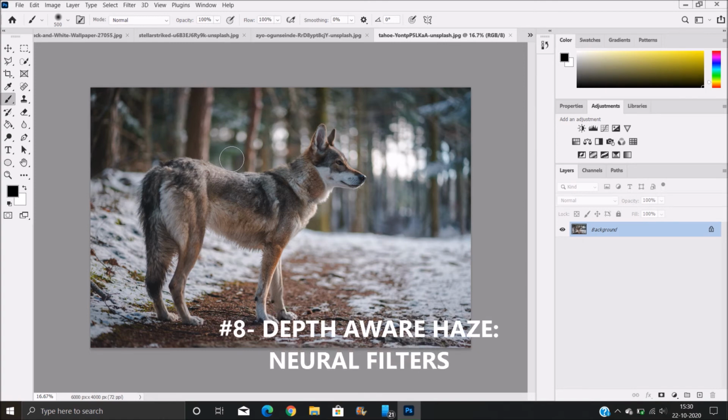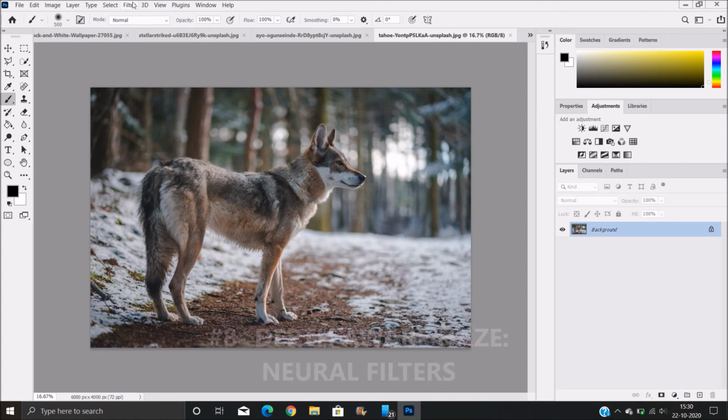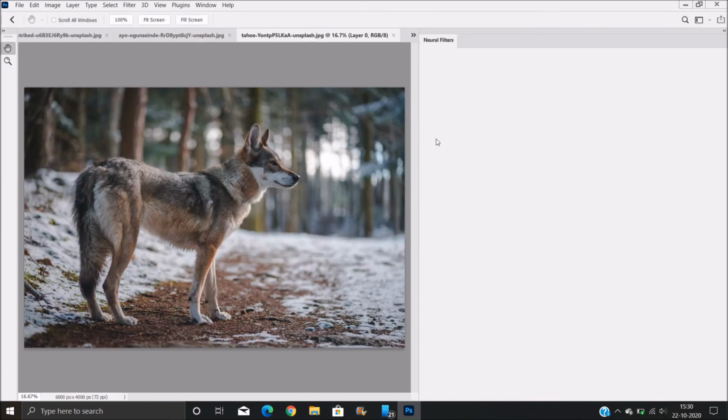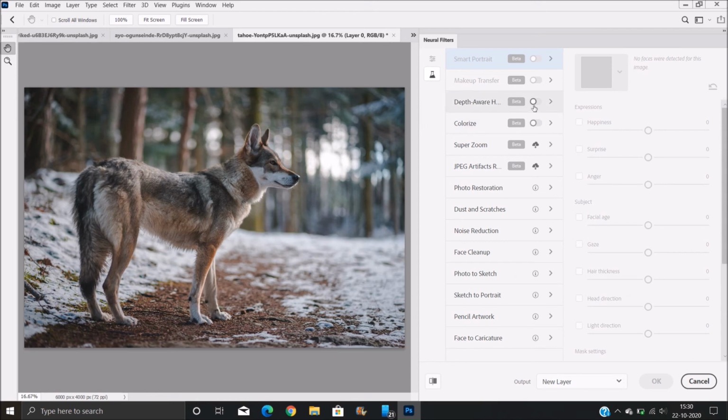Now next comes our Depth Aware Haze. So all you have to do is go to Filters and Neural Filters again. Now go to the beta filters and turn on Depth Aware Haze.